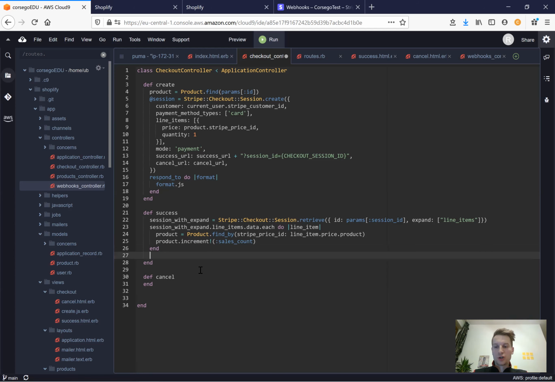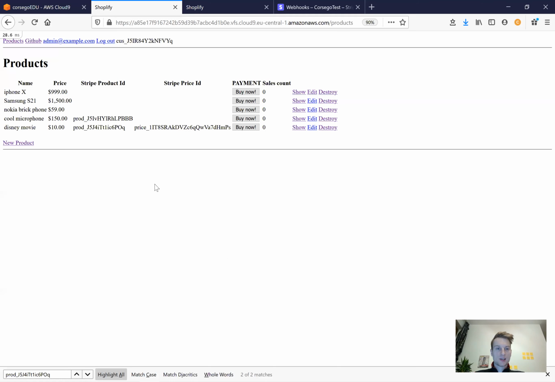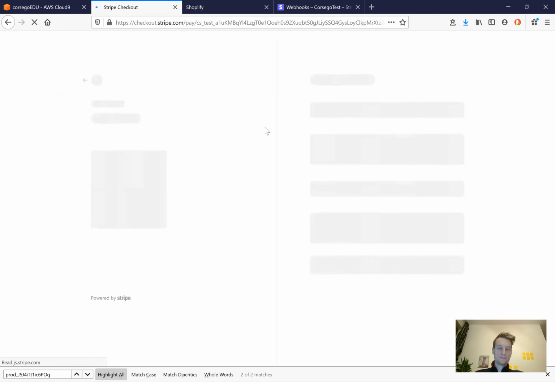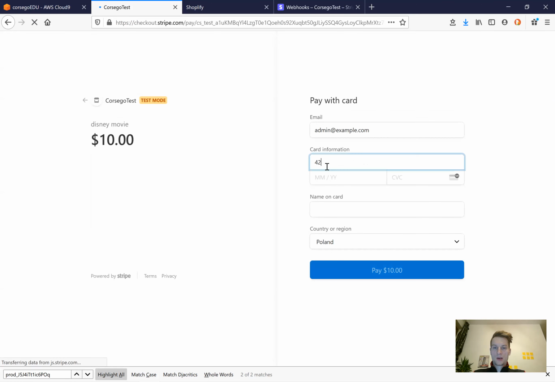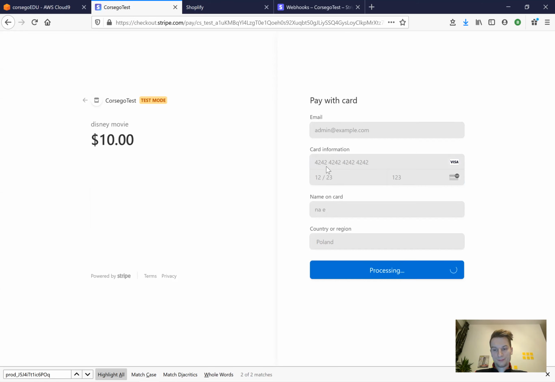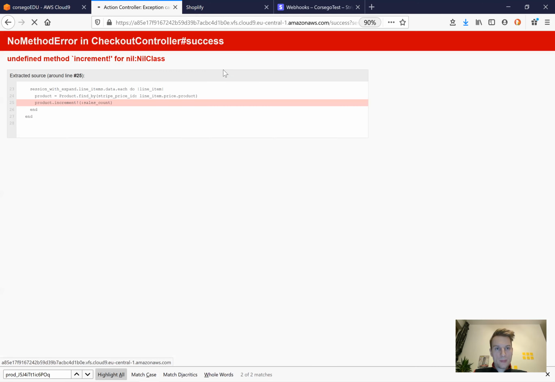And yes, we can also actually not even have a view for success. We can redirect to another path, but let's see if it works just like this. So I'm going to press the buy now button. You see we have 0 sales now. The card information, the name, and let's wait. And basically, we will be redirected to the success URL and